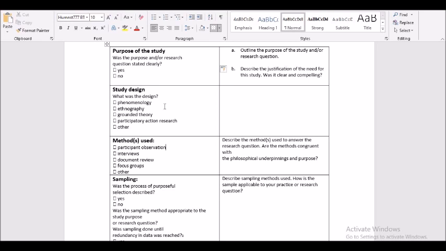So those gaps are coming, and you are able to note them down if you are sensitive enough. So you will understand what kind of design you are looking for. Is it from the feminist point of view, or is it a combination of phenomenology plus feminism, or is it